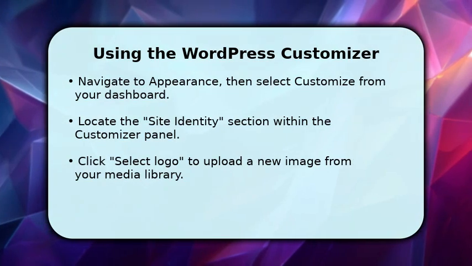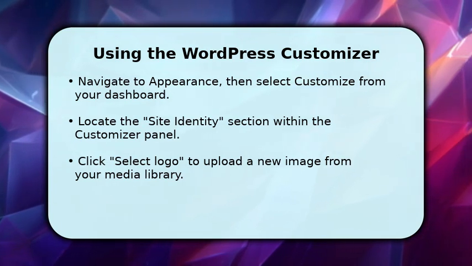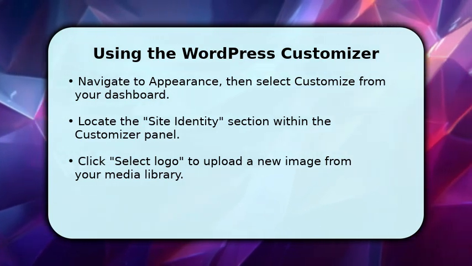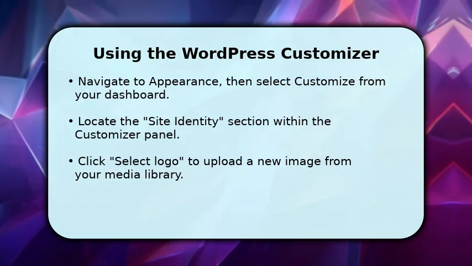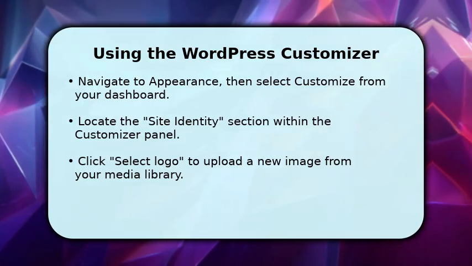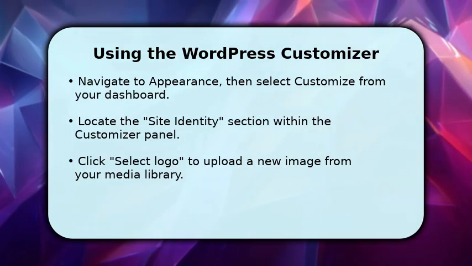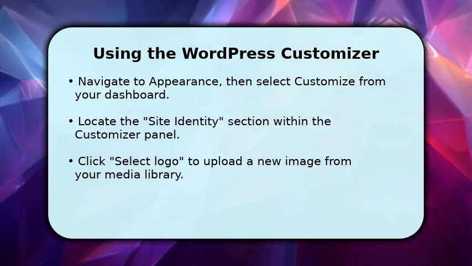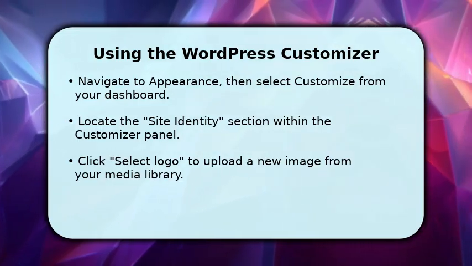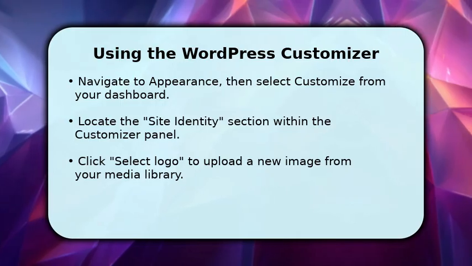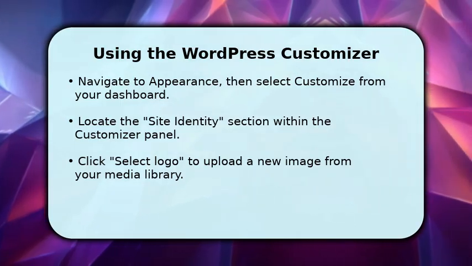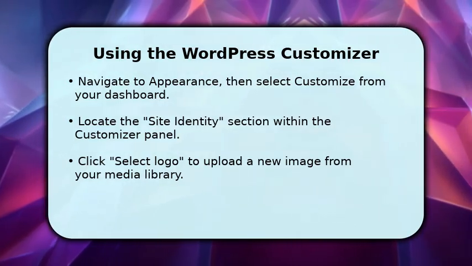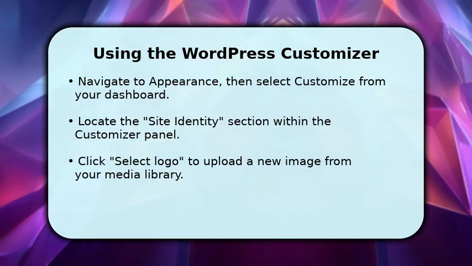The WordPress customizer is your go-to for quick logo updates. From your dashboard, simply click Appearance and then Customize. Inside the customizer, you'll find a section usually labeled Site Identity. Here, you can easily upload a new logo image from your media library. Remember to adjust its size for the best fit and always preview your changes before hitting the Publish button to